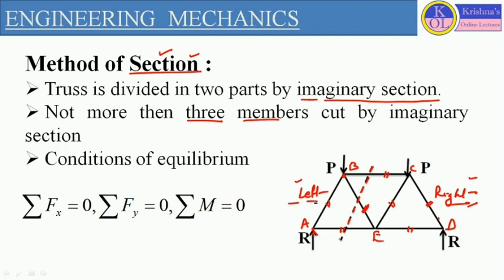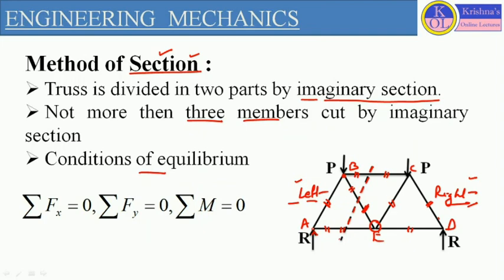If we are considering the left hand section first, this section should be in equilibrium, and we will apply the conditions of equilibrium to define forces on each and every member which is considered in the left hand section. In this diagram, if we are using the left hand section, we can use AB, BC, BE, and AE. But we will not use this joint E for the method of section or to define forces.